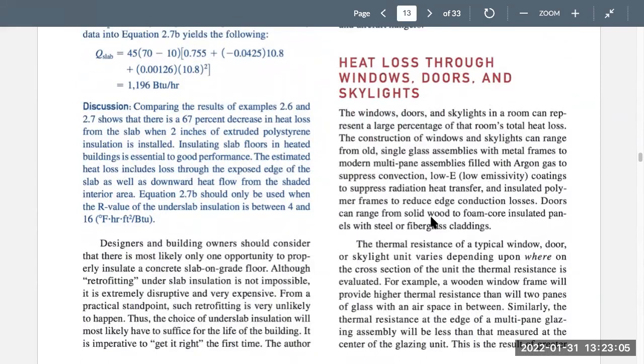But you're learning what all goes into a building, all the things that you have to consider when you're thinking about the performance, the efficiency performance of a building or a smart home. Next sections start to get a lot lighter, and we're going to go through them a little bit faster because there's not quite as much stuff in there that we really need to think about too deeply. And plus, some of the stuff gets back into hydronics, and we're not learning hydronics right now. That'll be the end of this book that we're using, of this chapter, and we're going to move on to a new book,